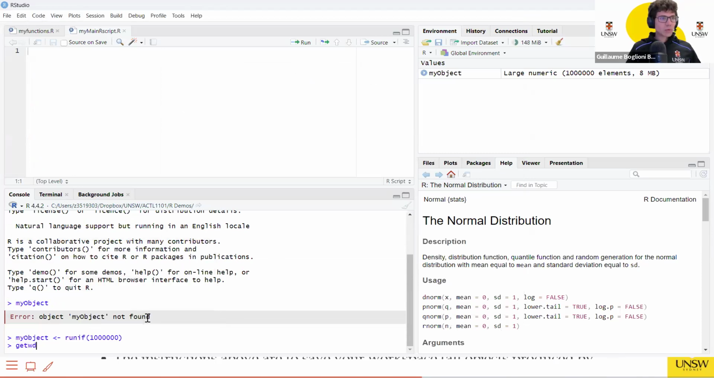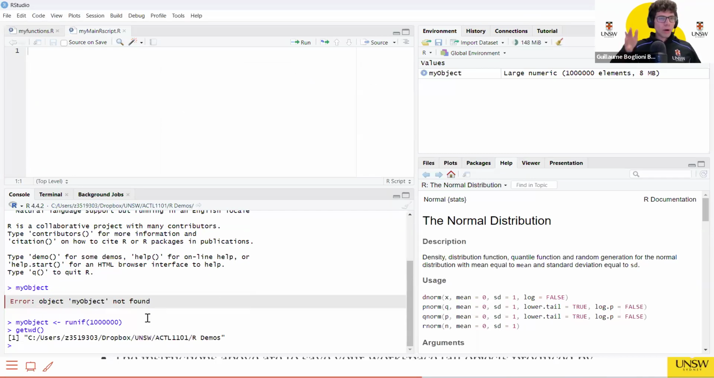I remind you that getwd, get working directory, will tell you where R is currently looking. For me, it's a folder called R demos. It's a good place to save everything that's here in the environment. So let's do that. The command was save.image, and then I'm just going to give it a name, my R image, which is a random name,